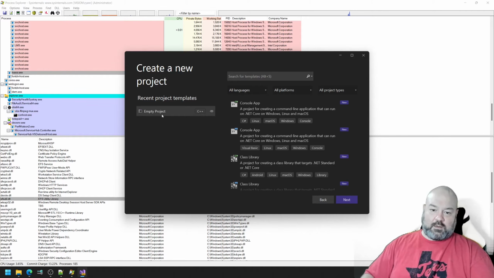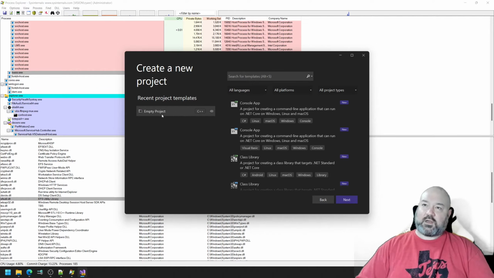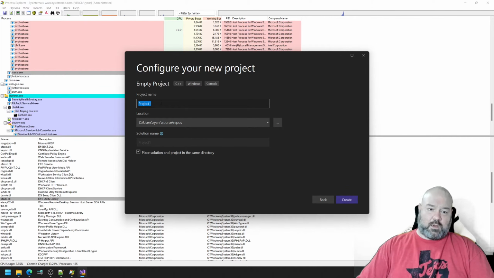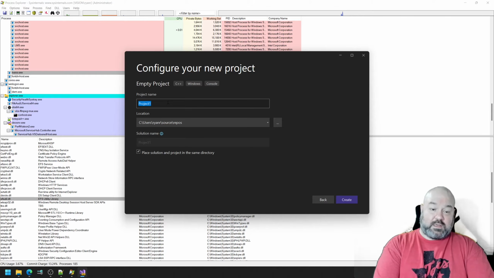Typically I always start with empty projects because I don't need any boilerplate code or template type stuff. Just an empty project is the way to go. And I'm going to name it